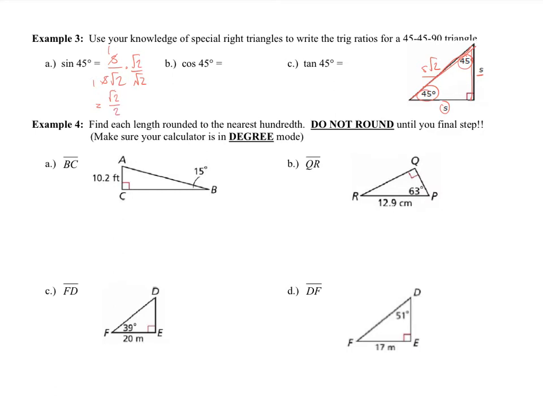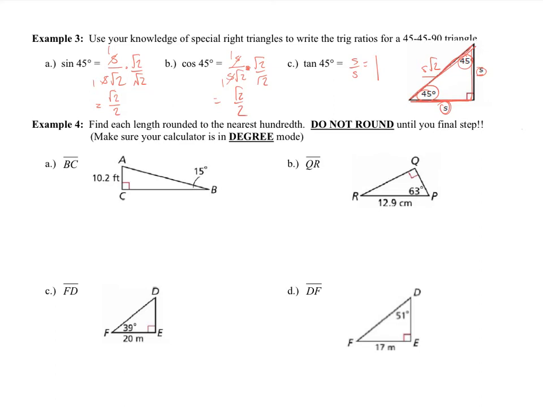And then cosine 45 degrees would just be represented by adjacent length over hypotenuse, which is s over s square root of 2. And again, we need to multiply by this. And then tangent 45 degrees will be just s over s, which is just 1. Okay, and for the next one,